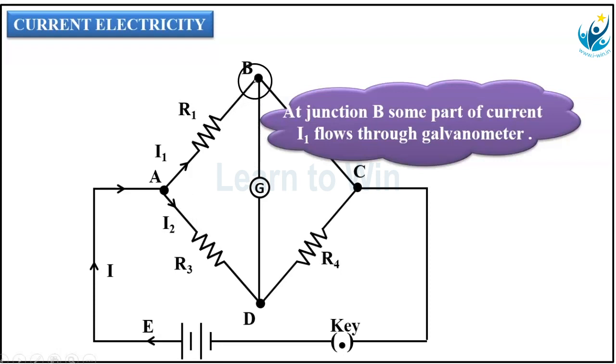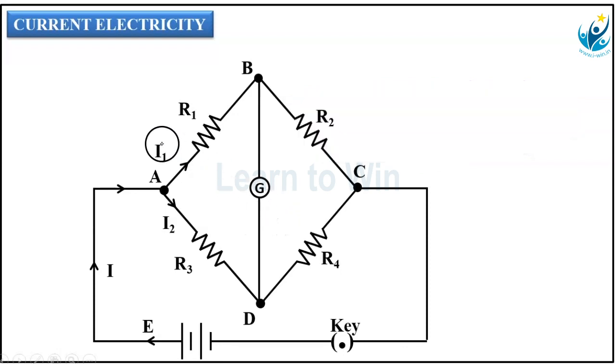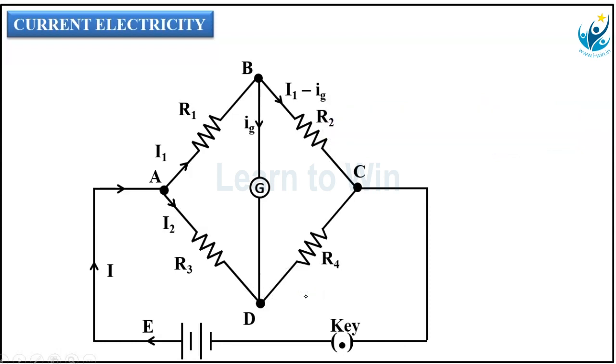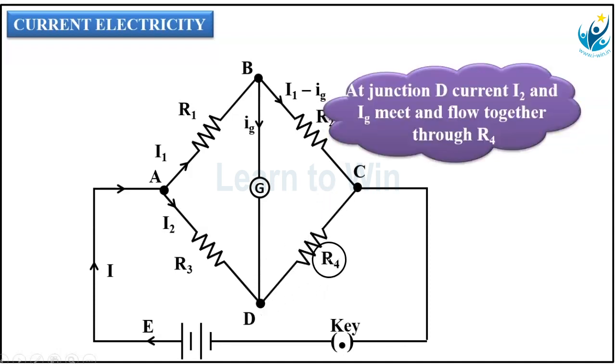At junction B, some part of this I1 flows into the galvanometer as Ig. Galvanometer current is Ig. And the remaining current, that is I1 minus Ig, passes through R2. And at junction D, I2 and Ig combined as I2 plus Ig will flow through this R4 resistor. Here, at all junctions, we are able to apply